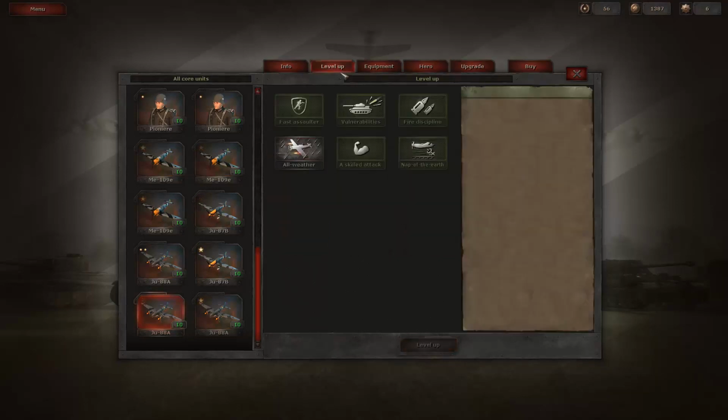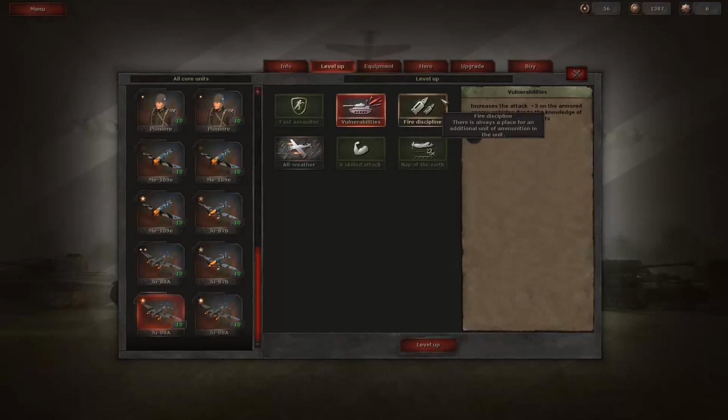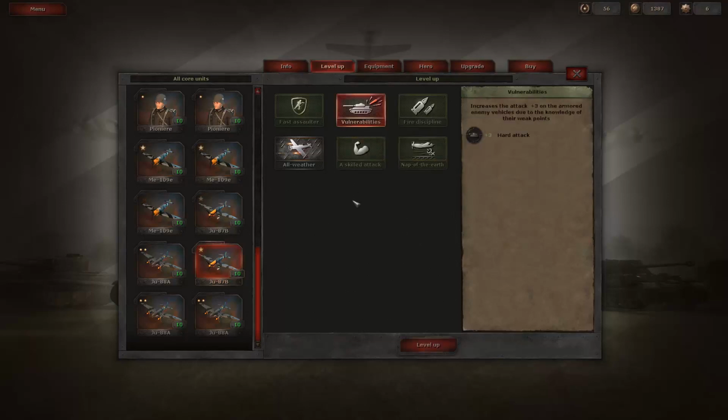Let's upgrade you. All right, so these guys are already all weather. I don't think that nap of the earth is really something that I need to have right now. Vulnerabilities is okay, not that useful during this mission. Fire discipline is okay. Let's just +1 ammunition. Let's have some with fire discipline and others with vulnerabilities. So this bomber, well, I'll just go for vulnerabilities here too. Fire discipline is nice, but